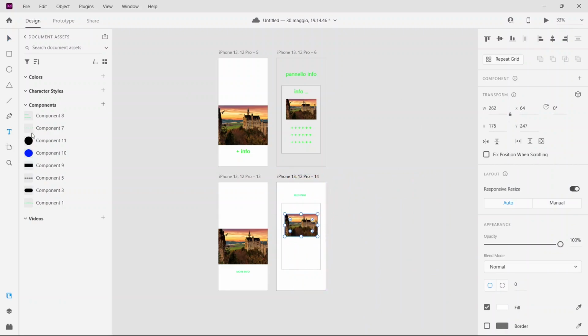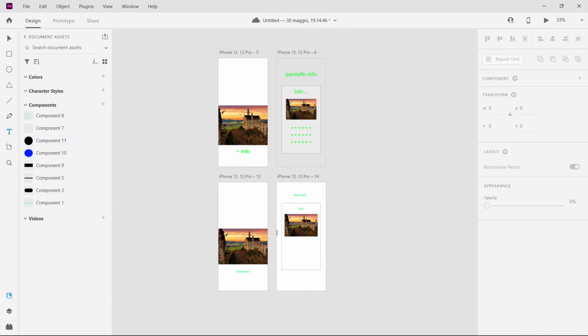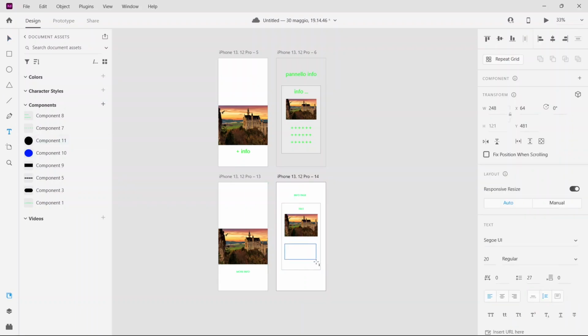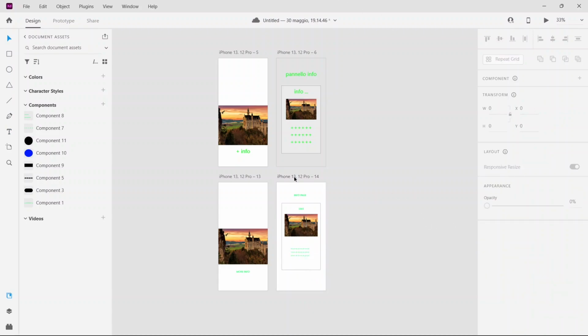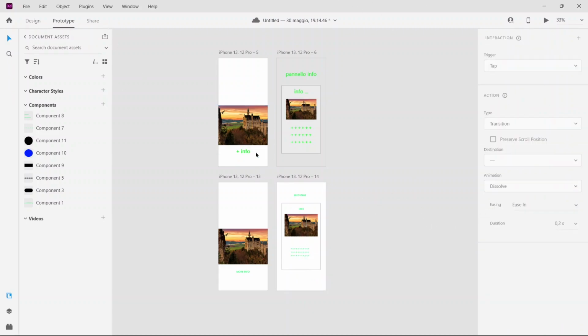I can write a text here and also other text. Let's pretend that we have all of the information of this picture in here. So we can now move this text here, and now we can go to the prototype area and